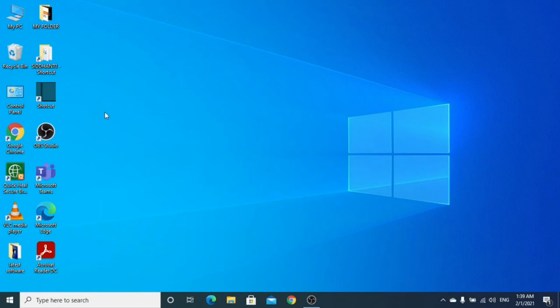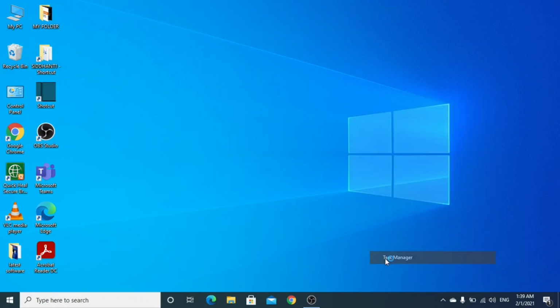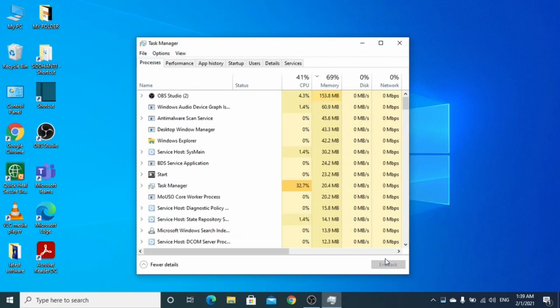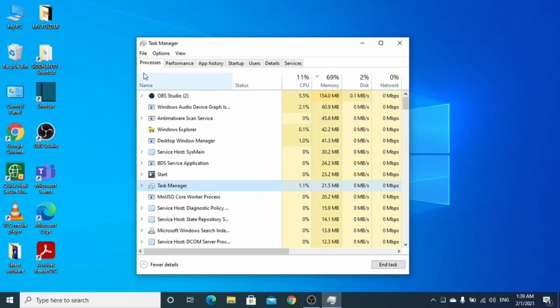Now another thing you can do to speed up your Windows PC or laptop is go to the taskbar, right click and go to task manager, and go to processes. Here, if you find any unnecessary application which is running, you should select that and end the task immediately, but for that you need to take advice.